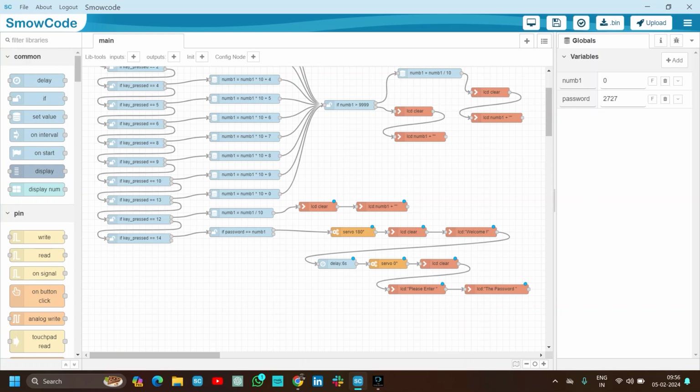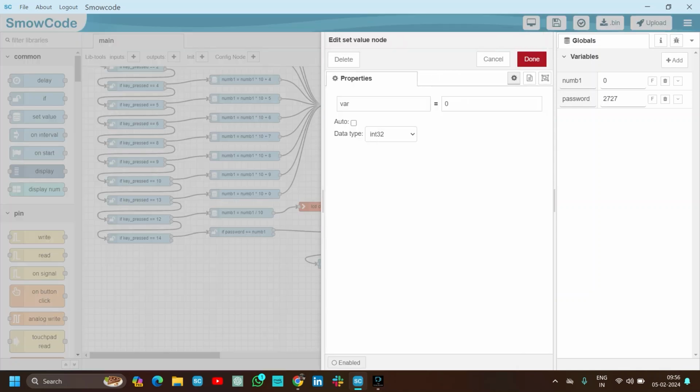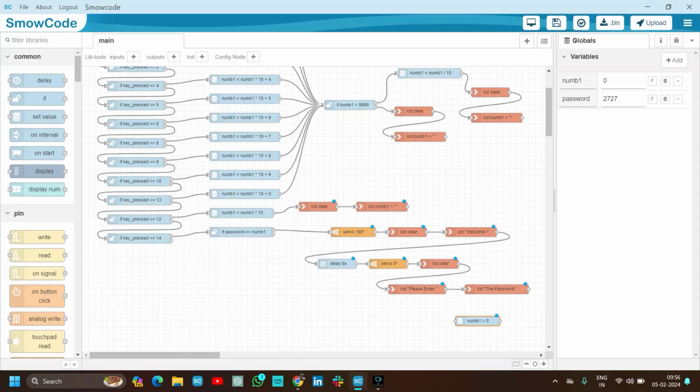And after this flow, take the set value node, write the variable name as num1 and set it to 0. Click on done. Connect the flow, and once this flow is done,